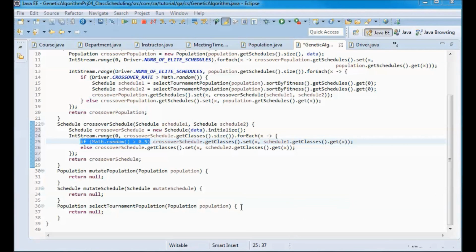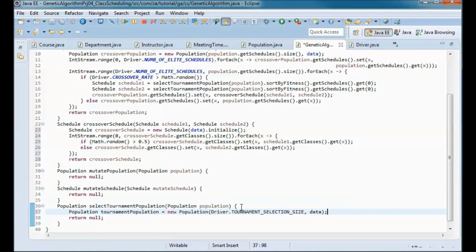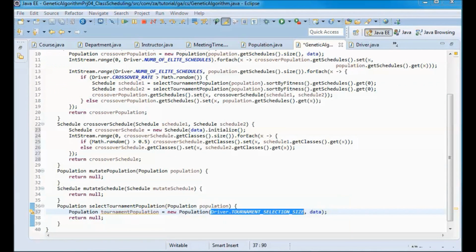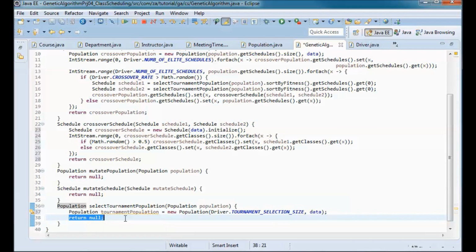And for this method, this is the population that we will be returning, and it will have this size, tournament selection size. So here it has a size of 3, and we will pass it the data and return it.